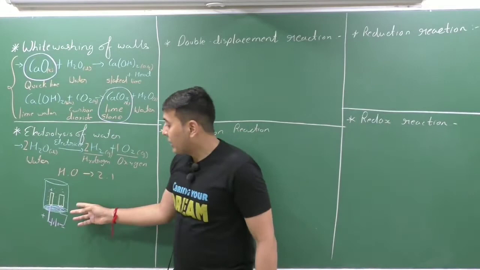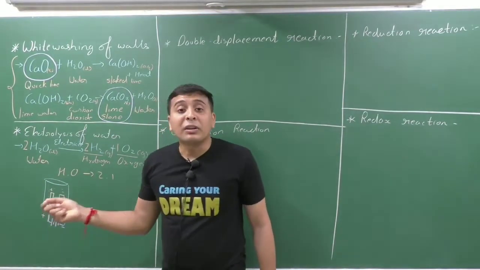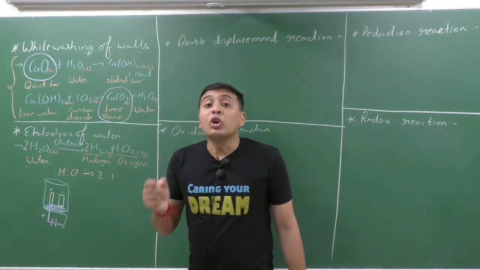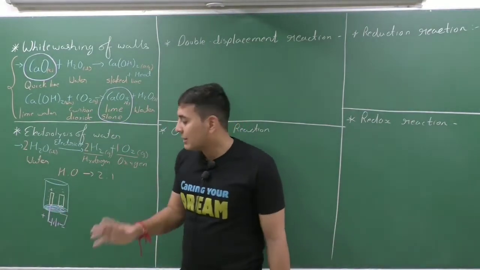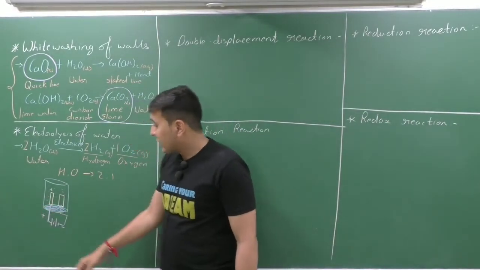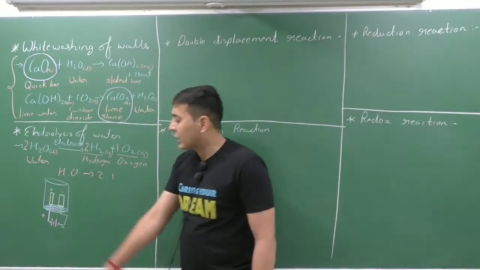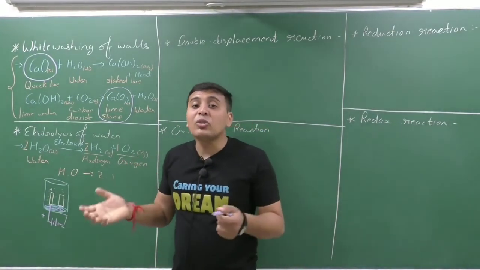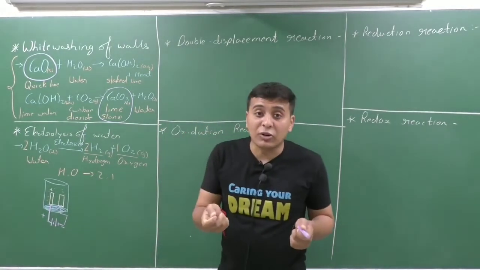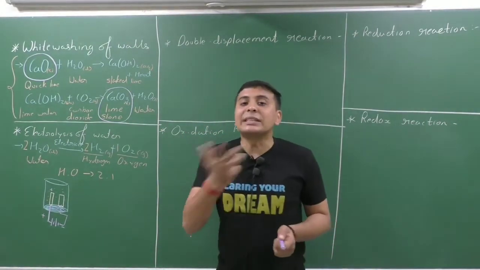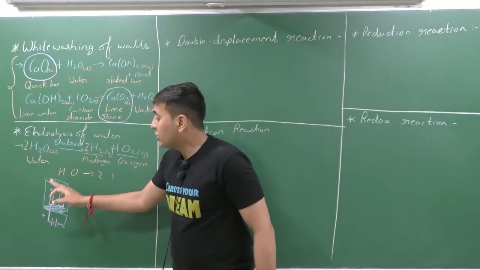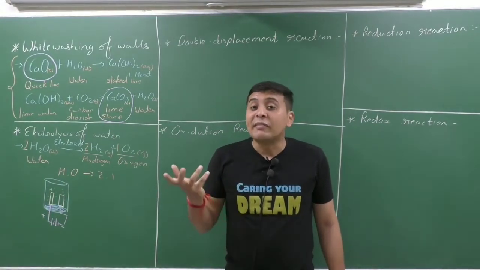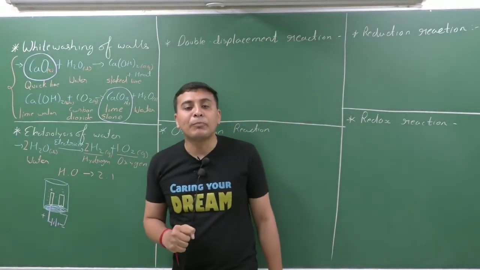Clear? This is quite simple. We have taken a beaker filled with water. Now I have inserted two electrodes from the bottom. Both the electrodes are of graphite so that current can be passed easily. So now on one electrode hydrogen will be produced and on the other electrode oxygen will be produced. But how can we know on which electrode which gas will be produced?